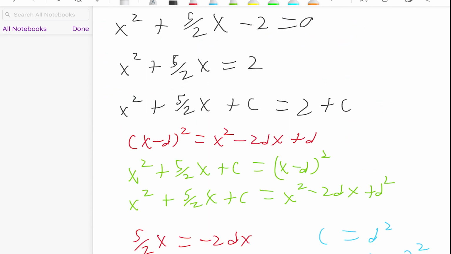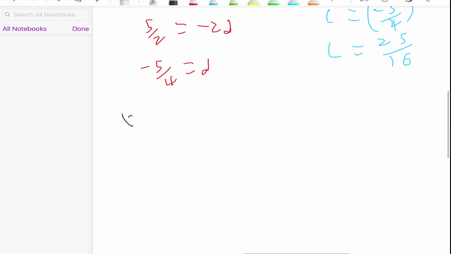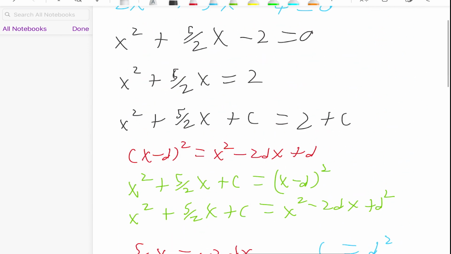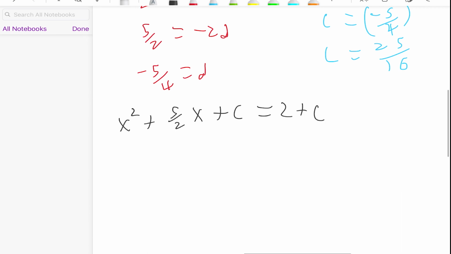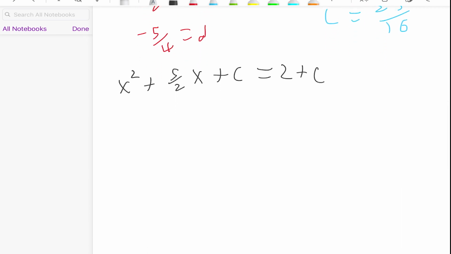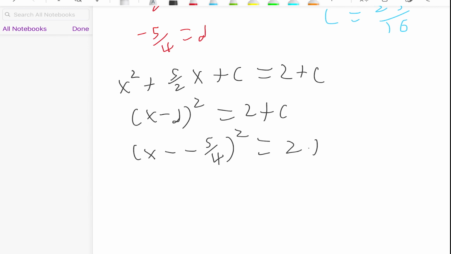Now that we found our variables, we go back and write the original equation. So x squared plus 5 over 2x plus c is equal to 2 plus c. And now because we made this into our perfect square, we can go x take d squared is equal to our 2 plus c. And we substitute in the values, so we get x take negative 5 over 4 squared is equal to 2 plus